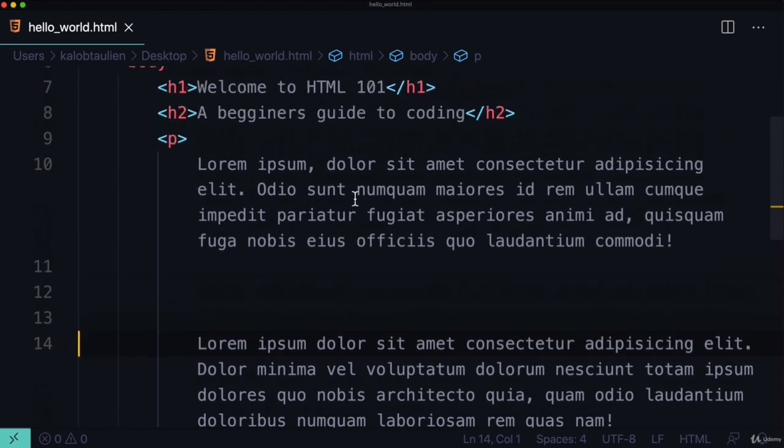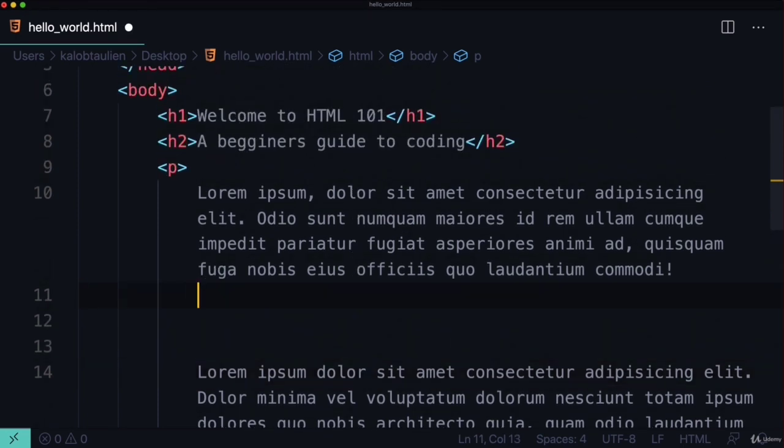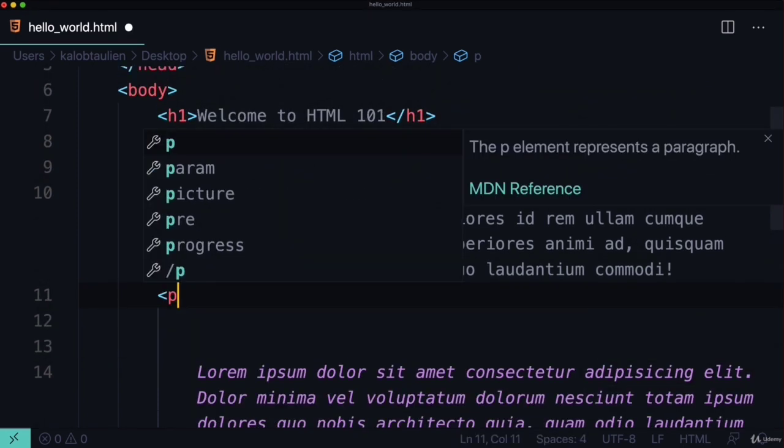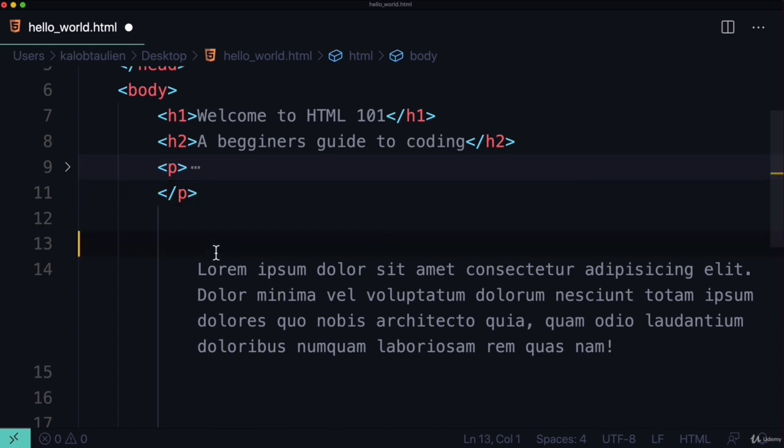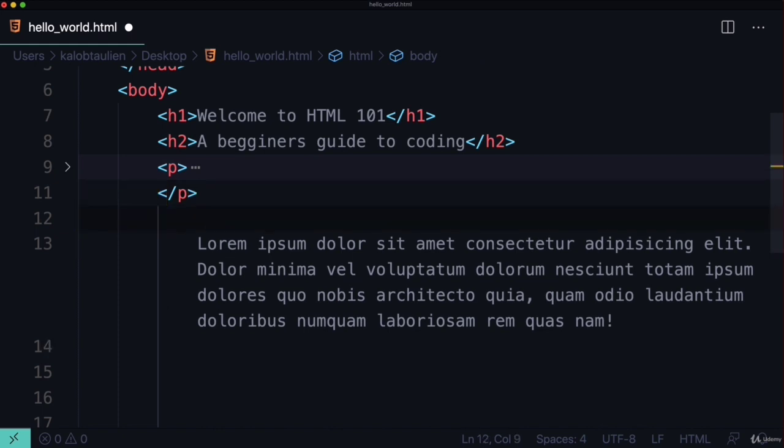Now, if you want multiple paragraphs, what you have to do is close this paragraph element. Let's close that paragraph element, and this creates its first paragraph. Let's collapse that, and let's go up here. And we just have to reopen this, and I'm going to show you what I'm doing here in just a second. And so all I did was I closed that first element up here, and I reopened a new one